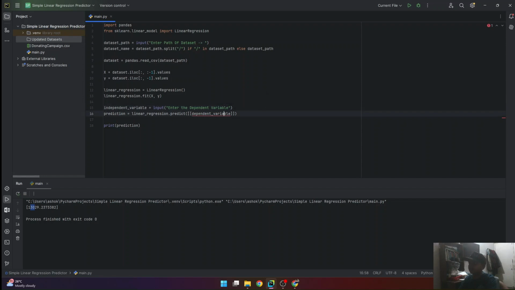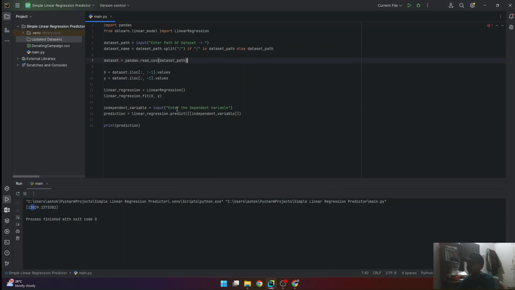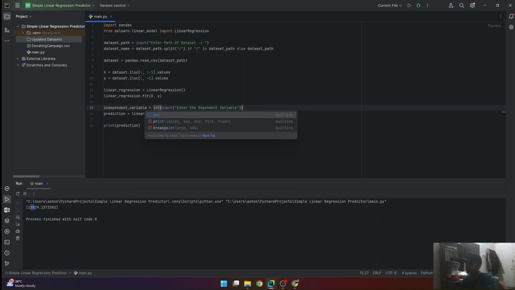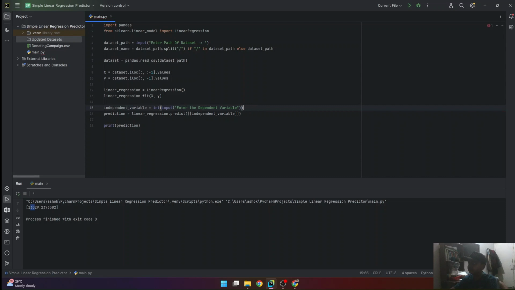Okay, we can devise a solution for this too in order to figure out if it's float or int. What we can do is, I'll make it int at first. Okay, this won't work. I have a better idea.